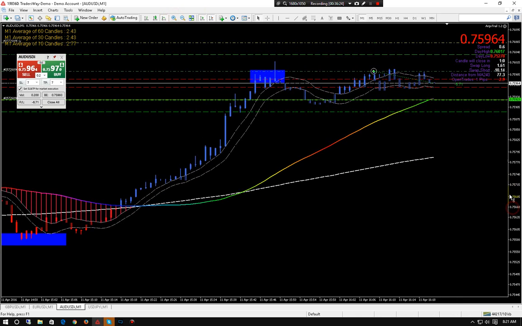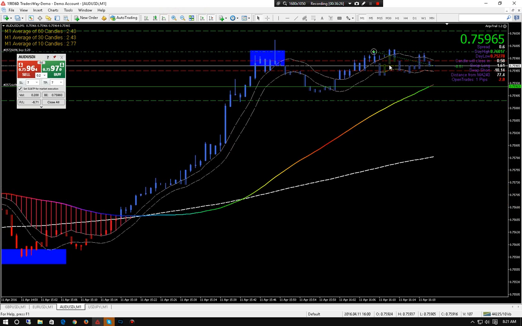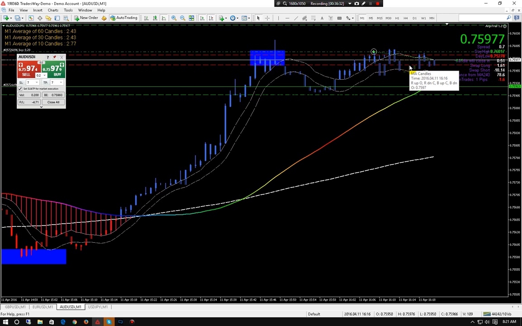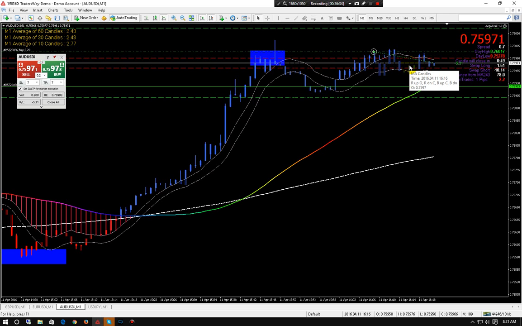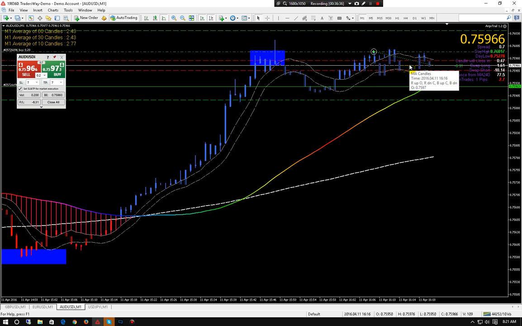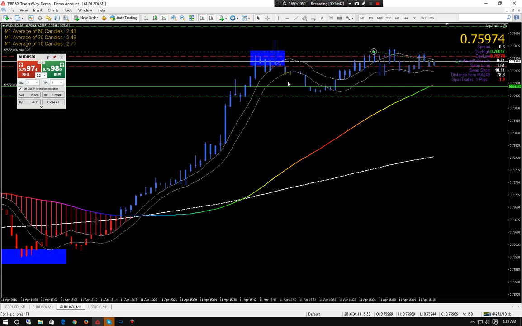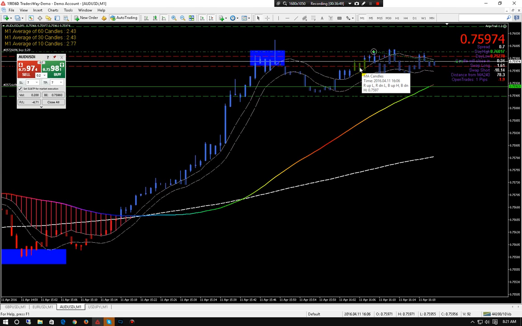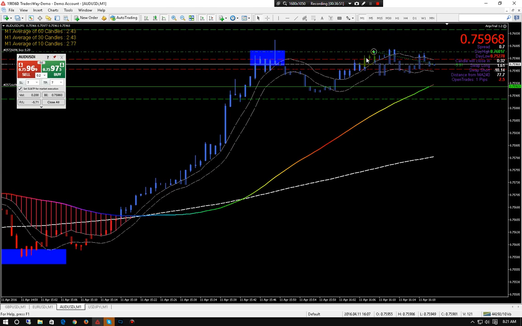Not that it's ranging so much, because we're in a decent upwards trend. It's that price is riding in the fast channel. When price is riding in the fast channel, see how it's here? It's above the fast channel. This is above the fast channel, so that's good. Remember I said that the little bit of concern I had getting into this trade was that price had dipped down through the channel and came up. It wasn't a big concern because it didn't do it very much and it came right above. But now we're riding in the channel.